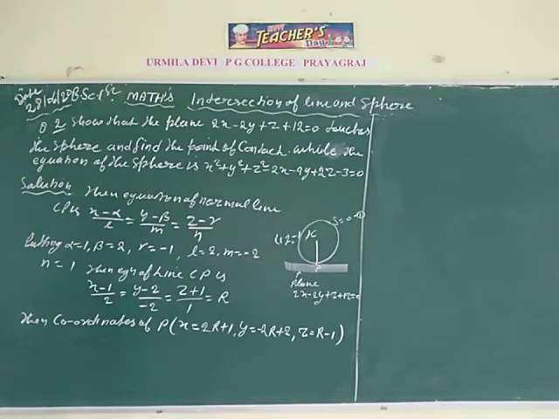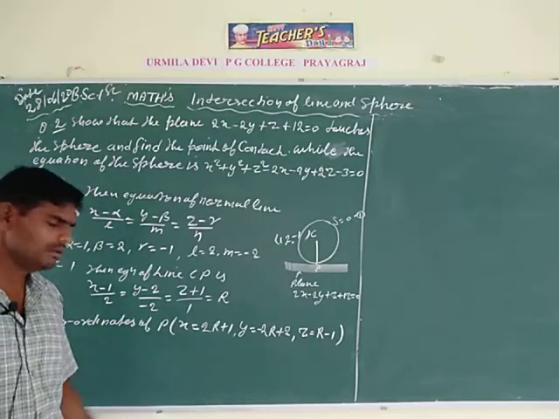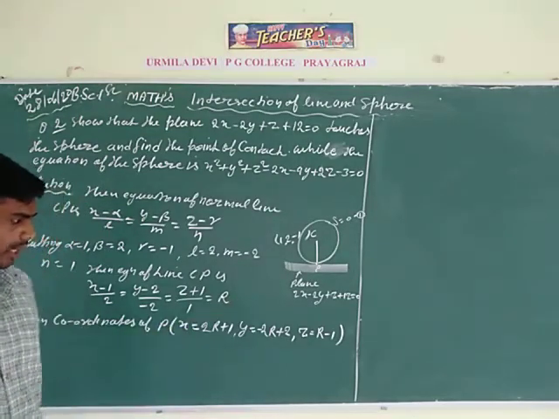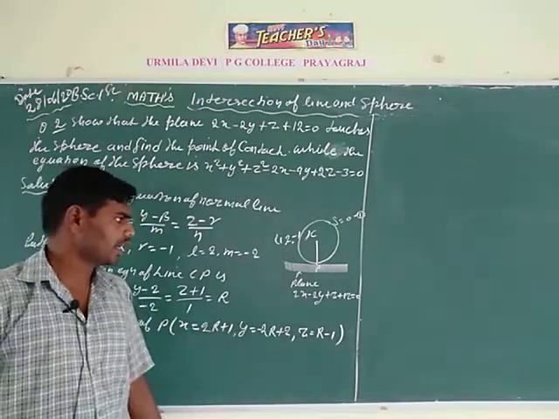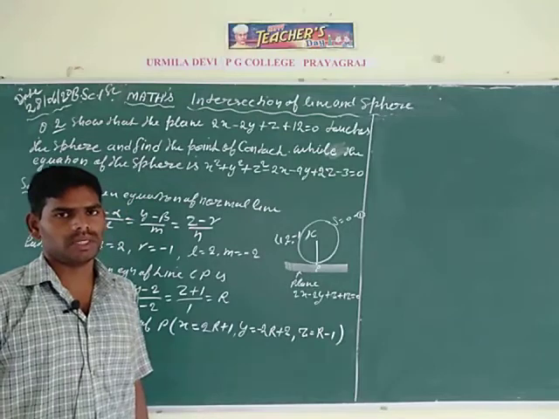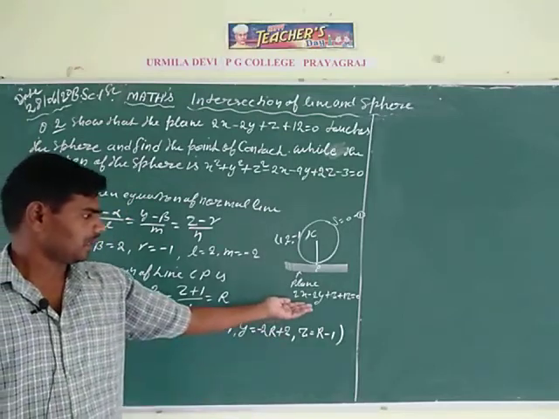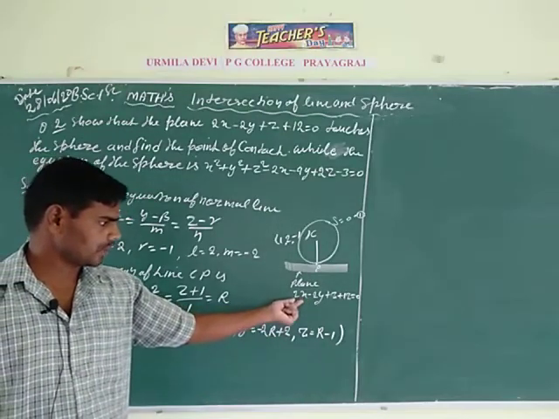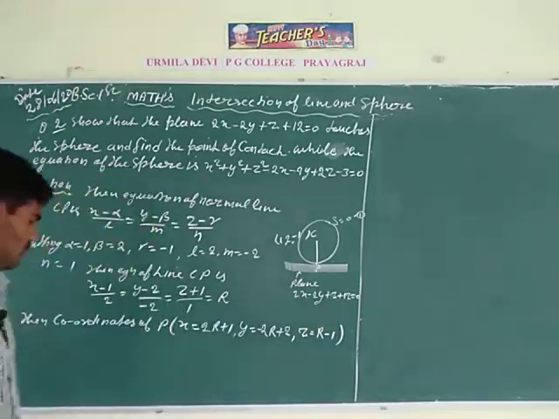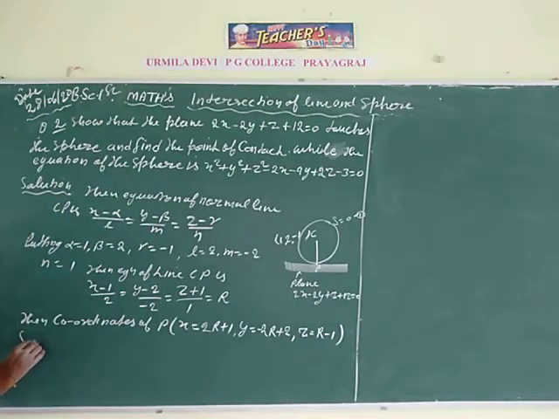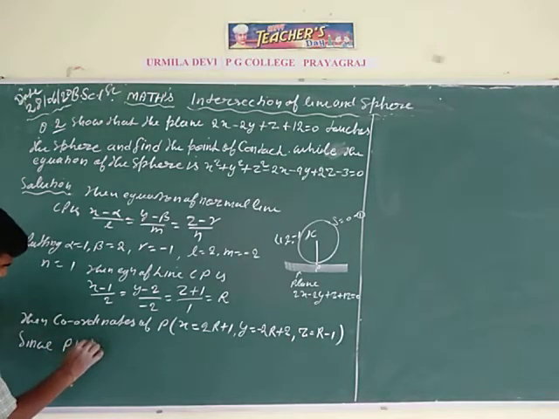The x, y and z components are the coordinates of contact point capital P, but from the figure it is clear that capital P must lie on the touching plane equation 2x minus 2y plus z plus 12 is equal to 0. So, since capital P is the touching point,